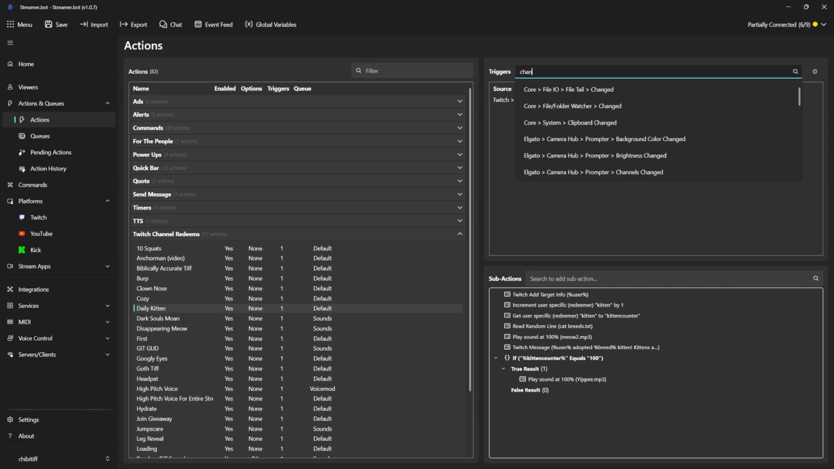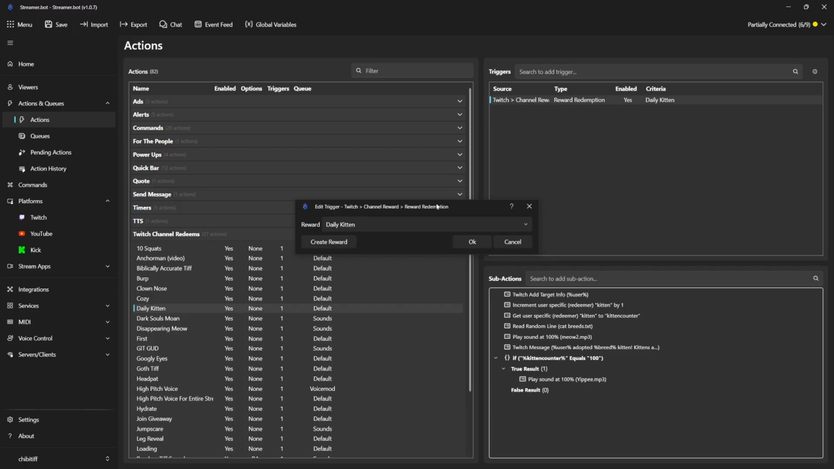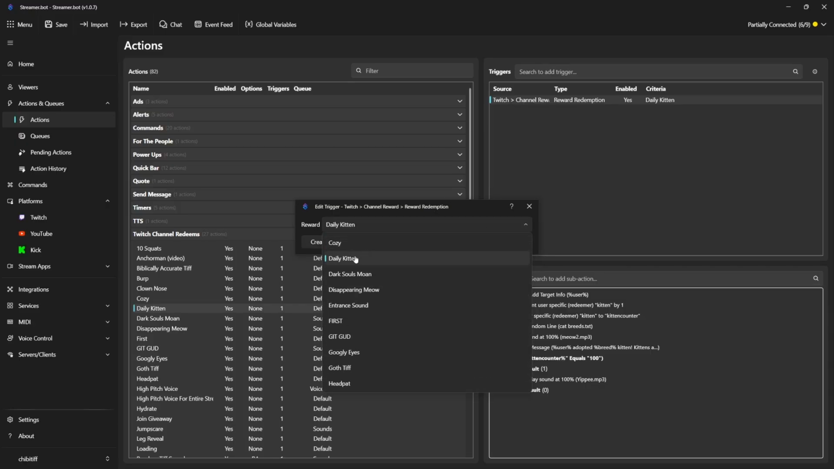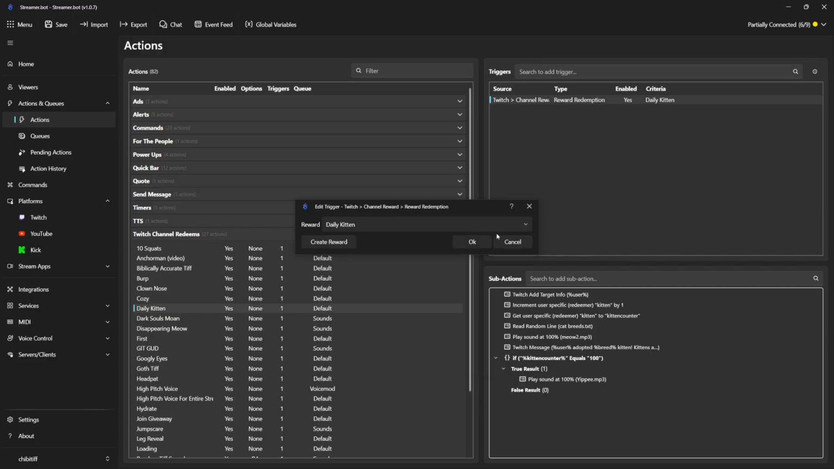I just search channel redeem. And it's this one called Twitch Channel Reward Redemption. So you click on that. I already have one. Once you click on that, you choose daily kitten, the one you just made in the channel redeems. You click OK. Then in sub actions,